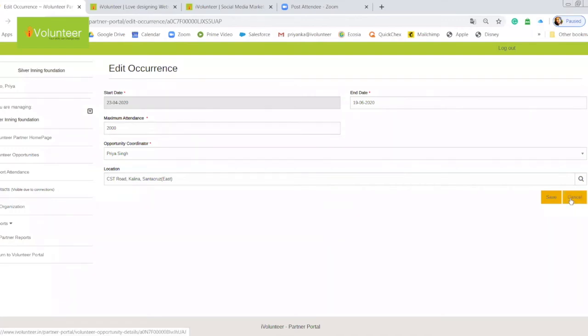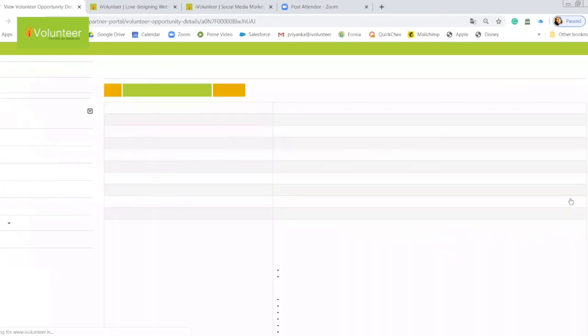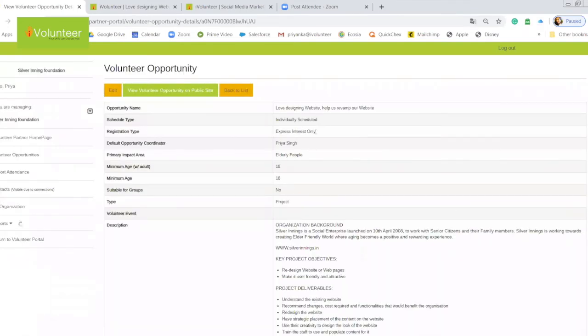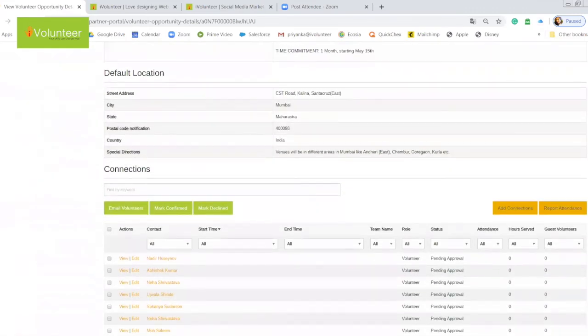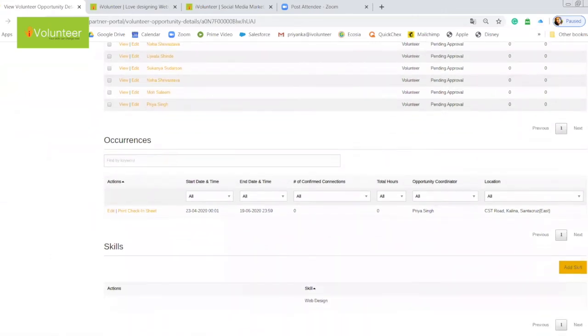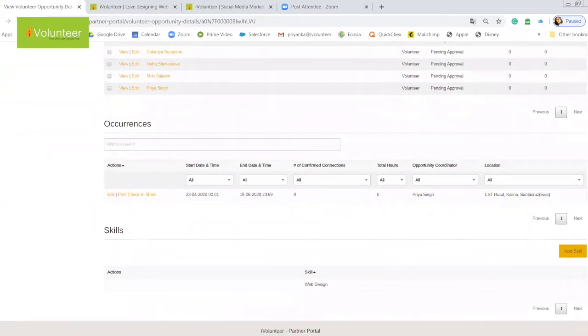Just give me a second. Okay, I'll go back. Probably this was an opportunity which was express interest only. Yes, so this doesn't have the option of multiple occurrences. I'll go back to another opportunity and show you how to create multiple occurrences.